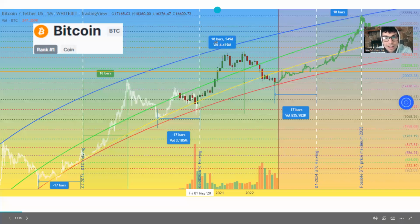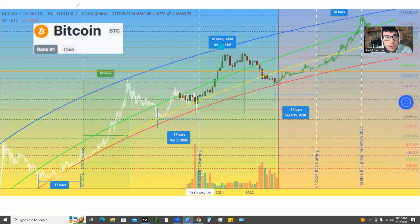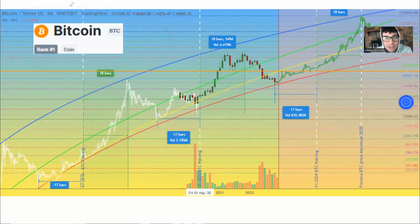Today, we're going to give a crypto market cap review. We're going to take a look at some of the signals that say we could potentially be near a bottom, if we haven't already made a bottom. And we're actually going to go over how to spot the transition from a bear market to a bull market, as well as going through the examples of how we transitioned from the bull market to the bear market, specifically